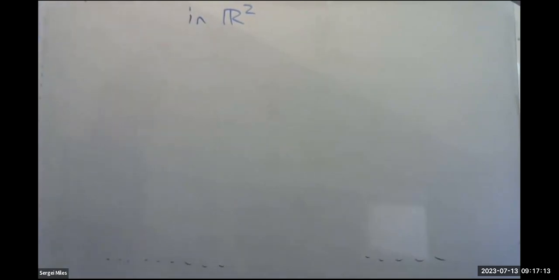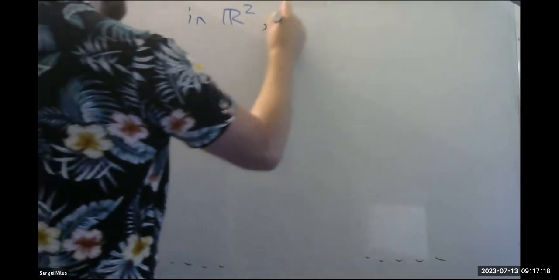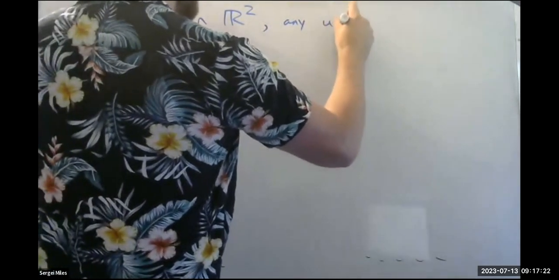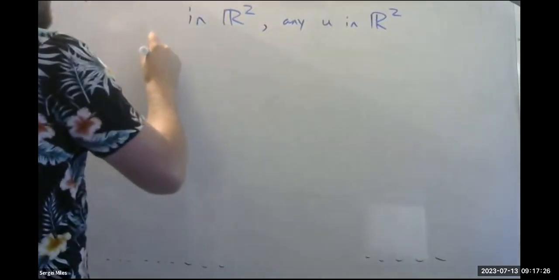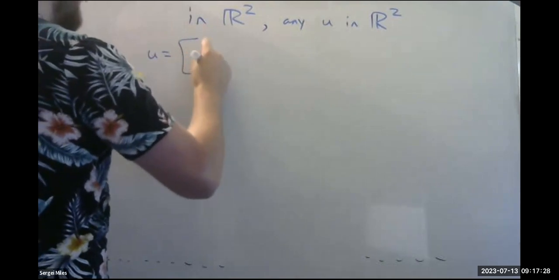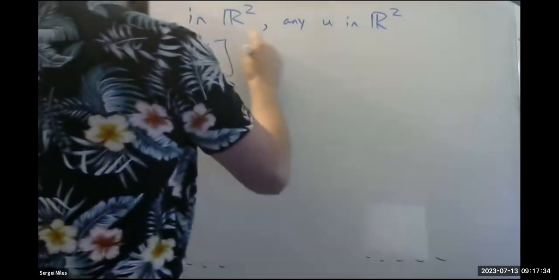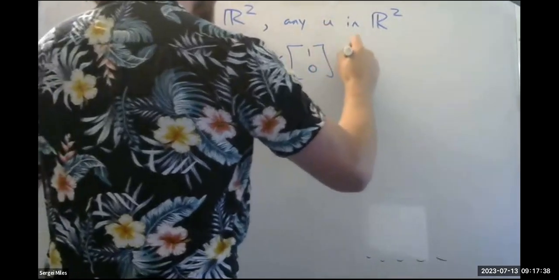We know that in R2, any vector, I'll call it u, in R2, looks like this. And we know every single vector in R2 can be written as a combination of these special guys,